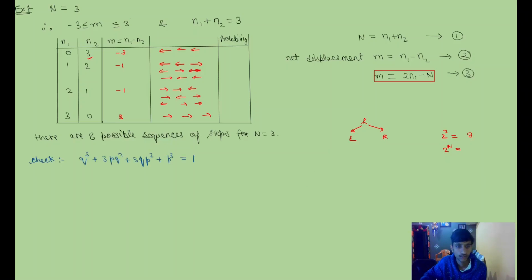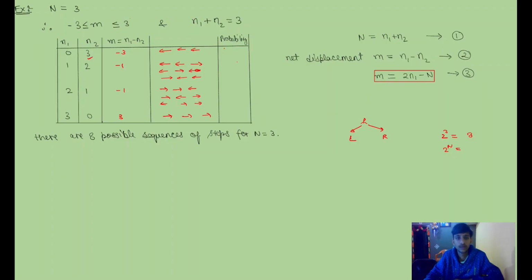Now, this will be a homework for you. You need to check the probabilities. Basically, if I say what will be the probability of all these states, all this configuration, choosing this particular net displacement. So out of three ways,